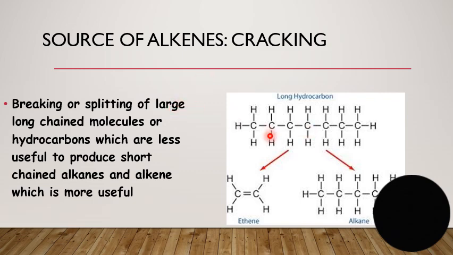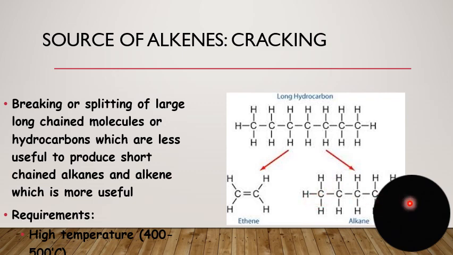We want to crack the alkane. What is needed is high temperature, and you're also going to need a catalyst. The catalyst that you're going to need is aluminum oxide. So we had 7 carbon atoms here, and when we cracked it, we ended up with a shorter chain